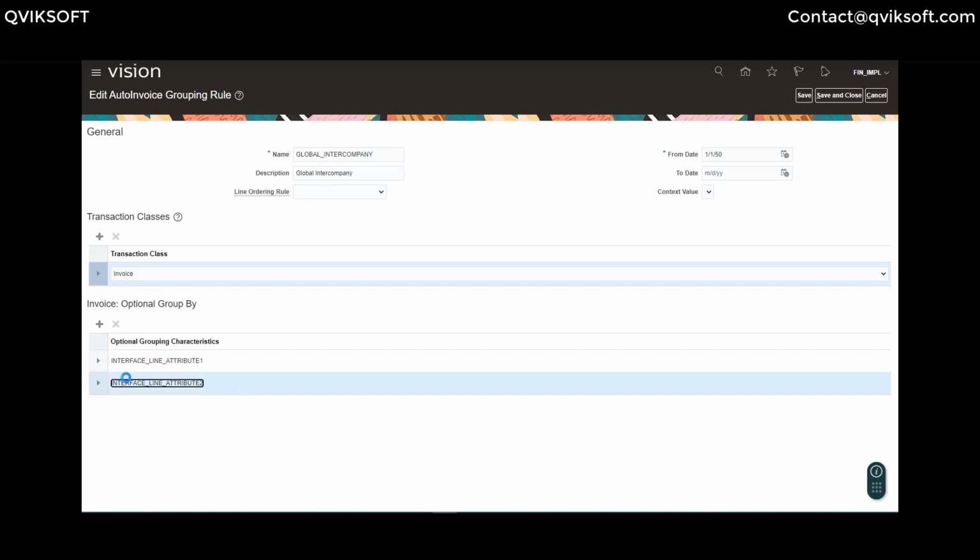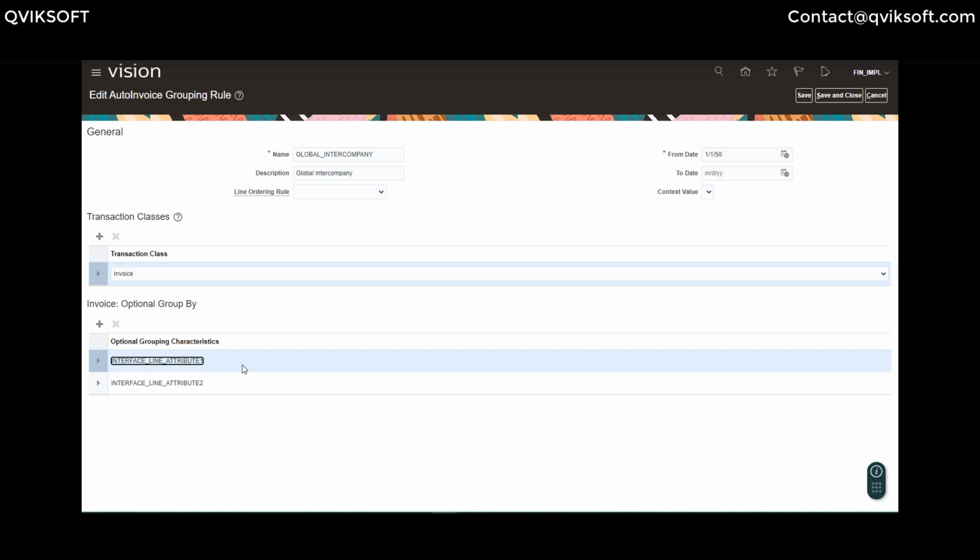Now imagine if I remove this line and I have only one. That means in a batch, if I have 10 transactions for the same customer, it's going to group that into one single invoice, which works perfectly fine. But the problem is it has to update back the invoice number status in my intercompany AGIS or intercompany transaction process. That process does not support this change. So even though your AR works fine, in the end your intercompany transaction will get stuck.